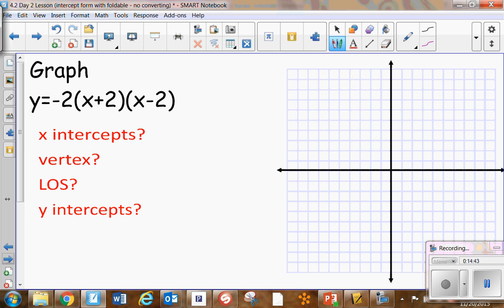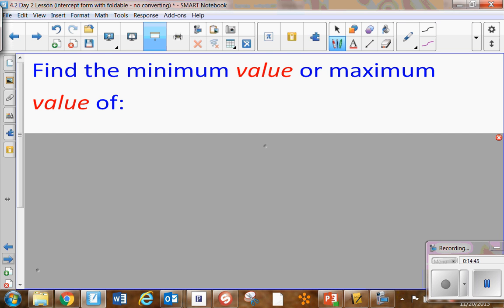I think we can do the next one, but I do want to go to how would we find the minimum or maximum value from factor form? Wait a minute. The value was the value. What was the value of